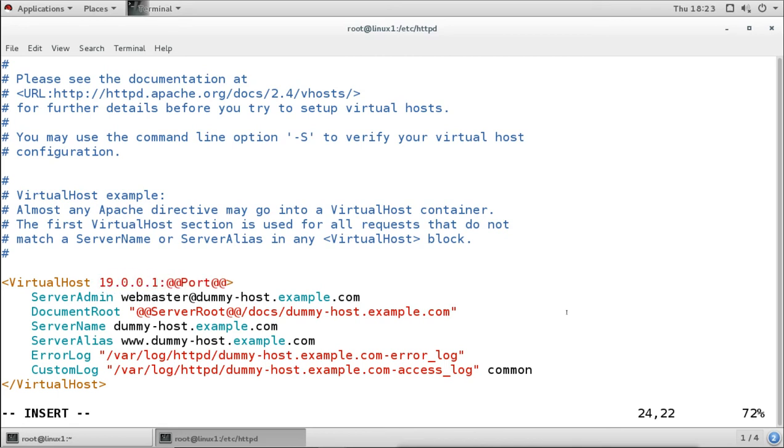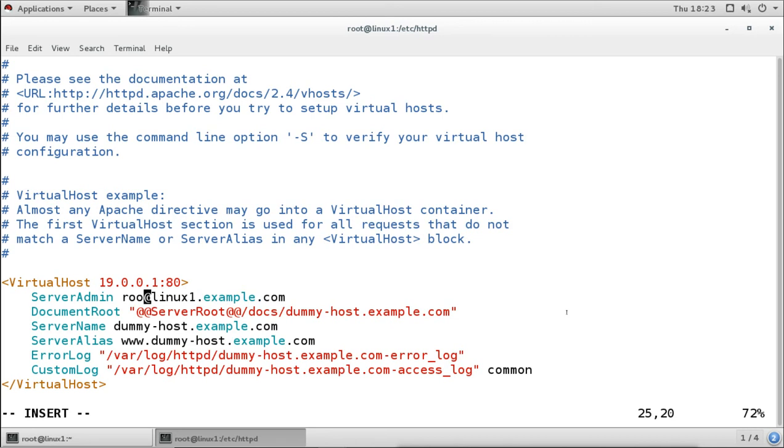Then the port number, I will go for port number 80. Then the next line says who is the server admin. Now remember, if you don't mention this server admin, then it is going to take the server admin of our main configuration file, that is our root. Or you can mention the server admin here, like for example this is my server admin and that is root for this system.